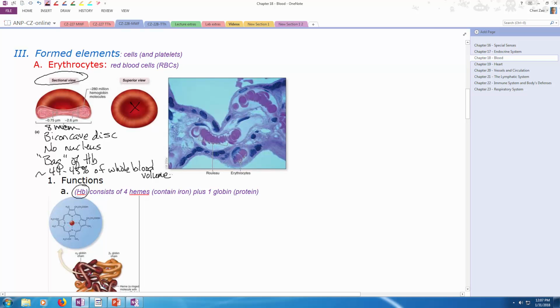Our notes here say 7.5. I kind of like to round things to a more memorizable number. So about 8 micrometers, and MCM is the better way to write micrometers instead of the mu-m. And so if you have something that you're trying to estimate the size of, you can always find a red